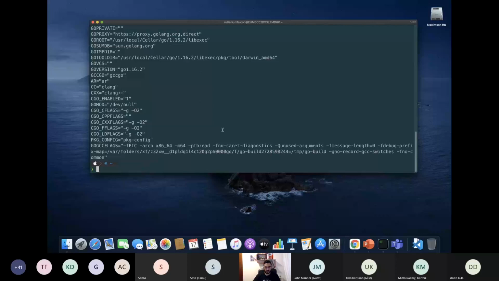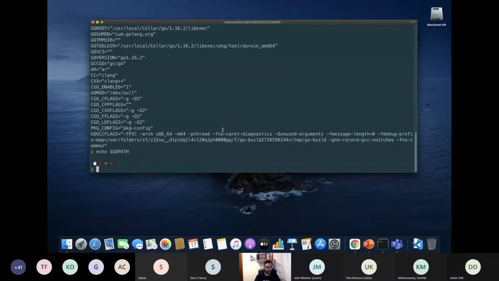So if I do something like this, echo the Go path, I should be able to see that, but because I don't have that, I have to include that in the profile, right? So I'm going to do what I just did initially, right?